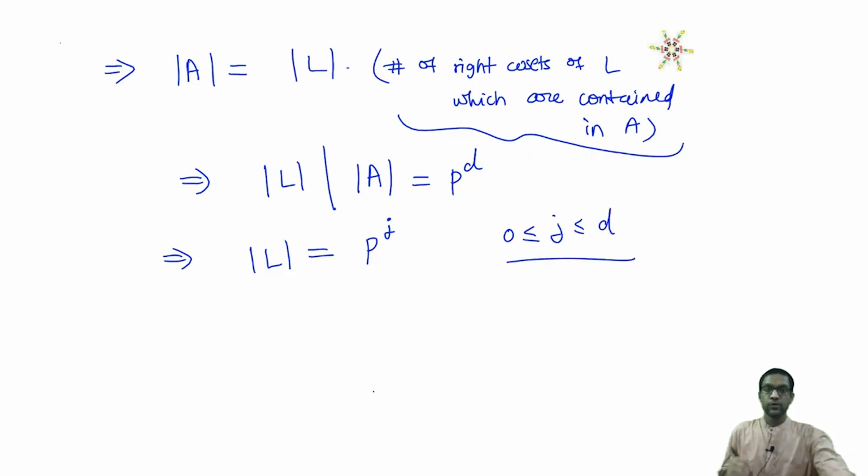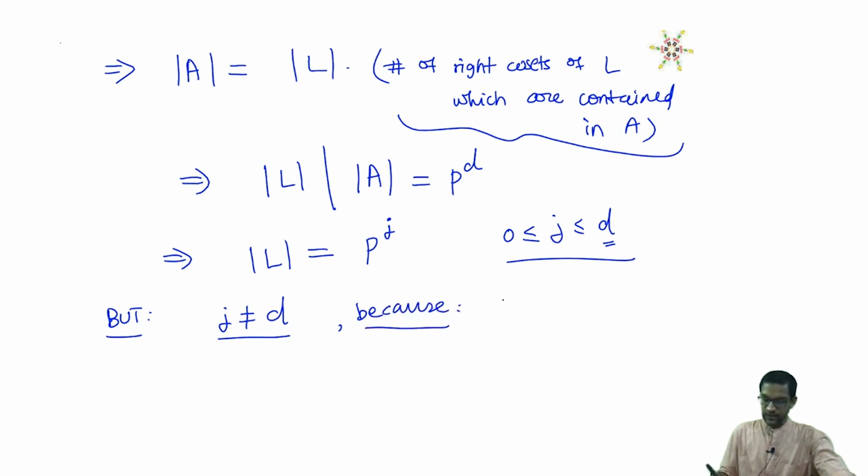Okay, so we have concluded that the stabilizer is also a p group. But the key point here is that L cannot have cardinality p power d, that is, j cannot equal d. This maximum value is not allowed. Why not? Because of the following reason: if j equals d, then what that means is that L